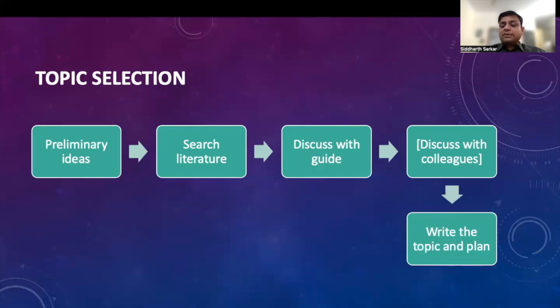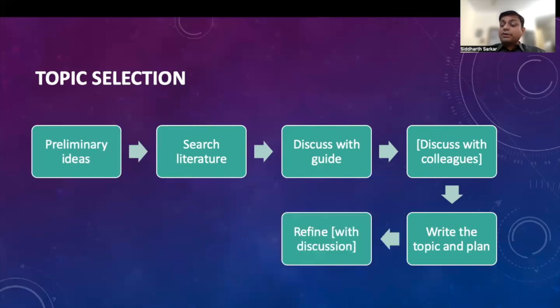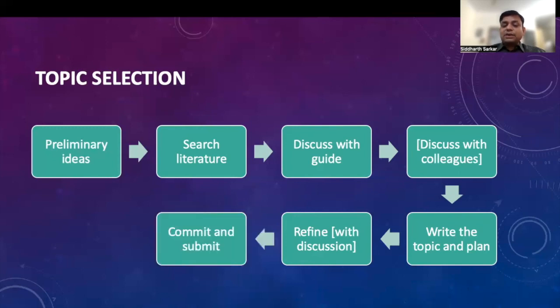Then you write the topic and plan ahead how you're going to do your research. So writing the topic will help you crystallize your ideas and make you much more clear about what you're going to do subsequently. You refine the idea based on the discussion with your colleagues, with your supervisor or guide, and then you commit your topic in the form of a written protocol, and you submit it to the regulatory authority in your institution, generally a dean or a registrar or whosoever coordinates the various research aspects of